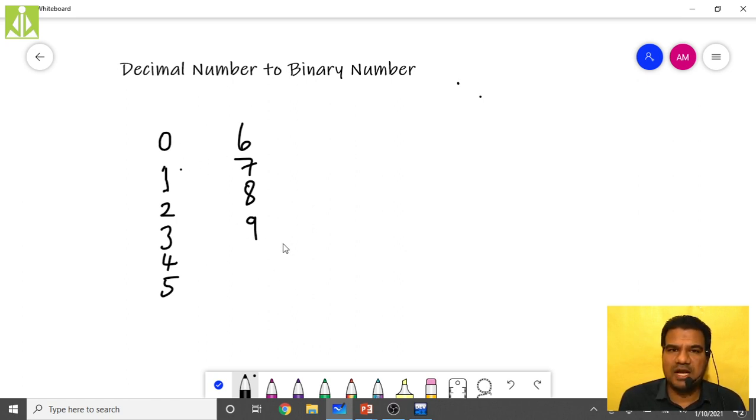Do we have a single digit for 10? No, we don't. So what do we do? We make use of this 1 followed by 0 to indicate the 11th number. That is, to represent 10 count, 10 entity count, we use 1 followed by 0. This will indicate 10 entities. To represent 11, we use 1 1, 1 2, and so on we go.